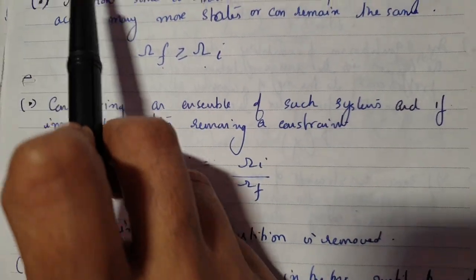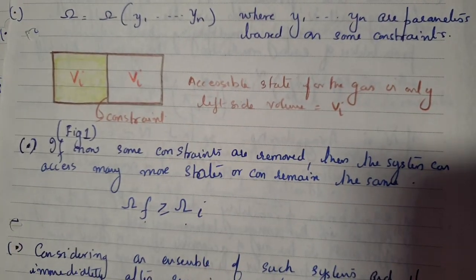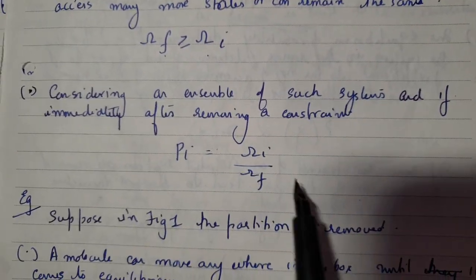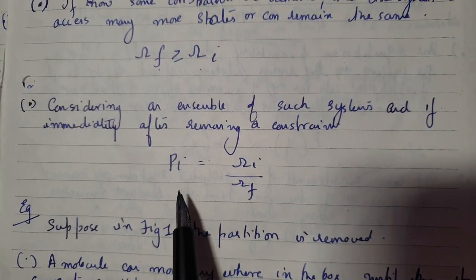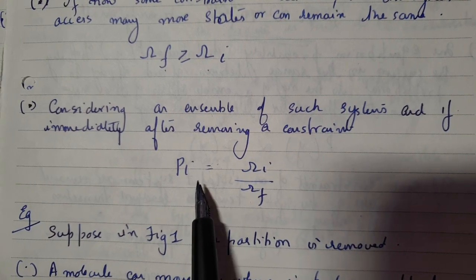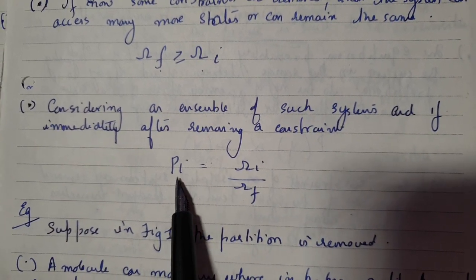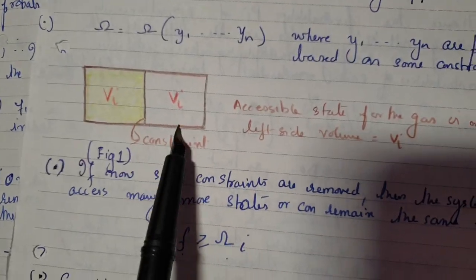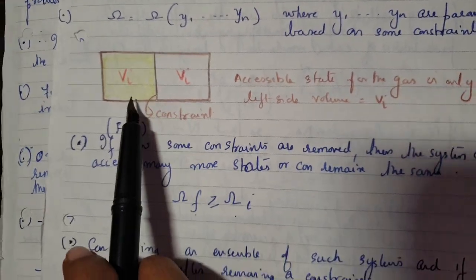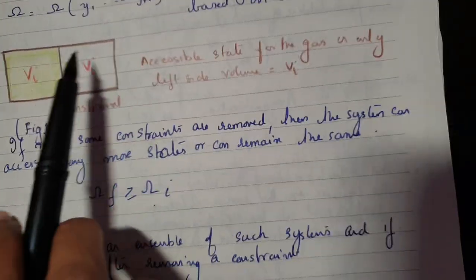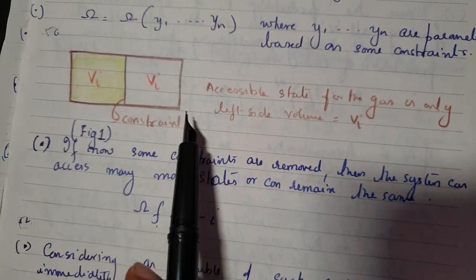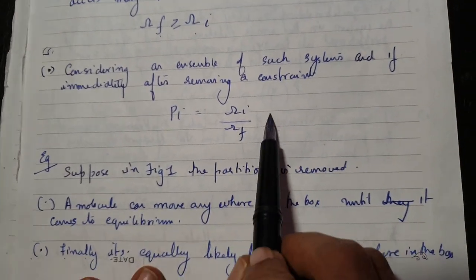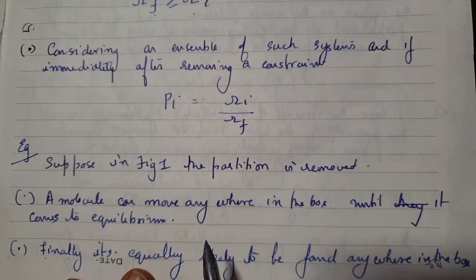Now this is only one system. If you consider a number of such systems like this, then if you find out the probability of a system being in the initial state, or in any one of the states, it can be either in this one or this one, but the total number of states available is 2. Let's say it's just 2, so it will be 1 by 2. So probability of any particle being in any one of those portions is 1 by 2, initial by final.